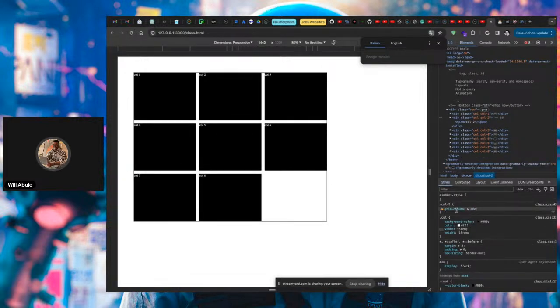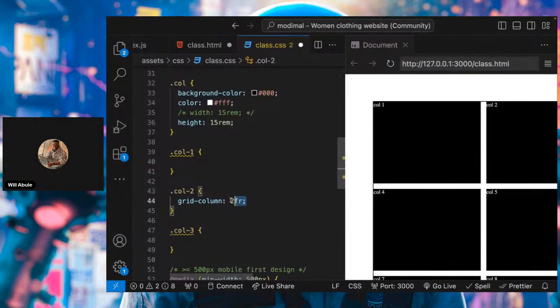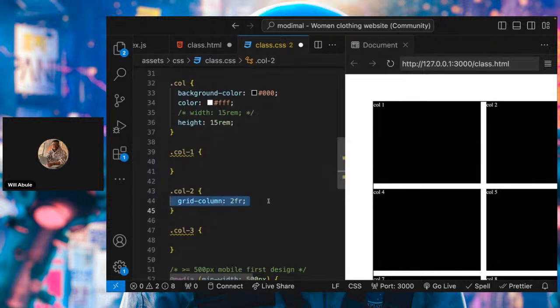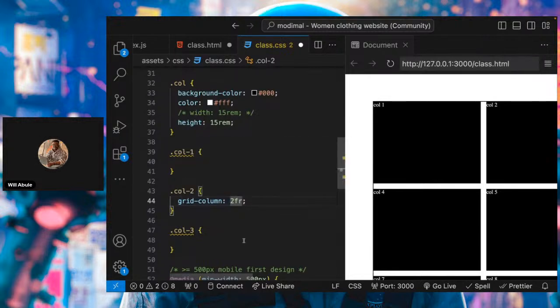Okay, sorry. This grid column, I'll explain how it works for you guys later. So yeah, I'm misplacing this value basically. So if you want this grid column to be bigger, there's something we could do, right? So we call it